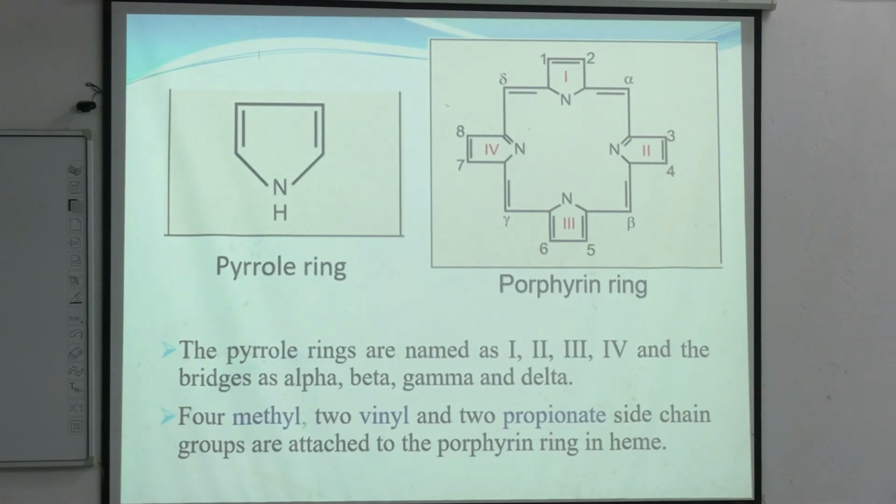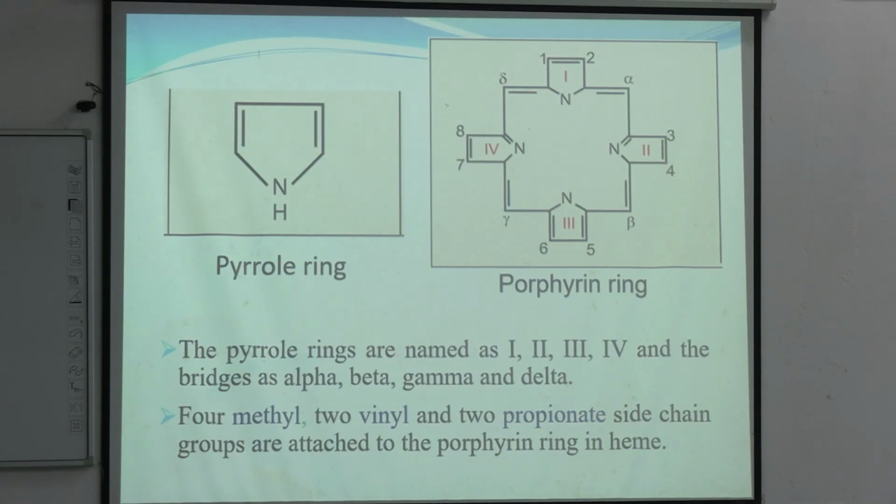If the substituent groups or side groups are in symmetrical order, as such, methyl propionyl, methyl propionyl, methyl propionyl, methyl propionyl, it will be numbered as porphyrin group 1, Roman 1. If there is asymmetry in numbers 7 and 8, only in 7 and 8, in one group. In porphyrin group 1, positions 1, 2, 3, 4, 5, 6, 7, 8 are symmetrical, like MP, MP, MP, MP.